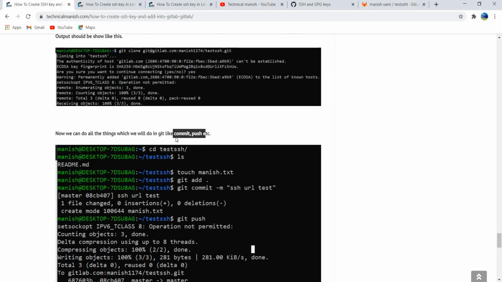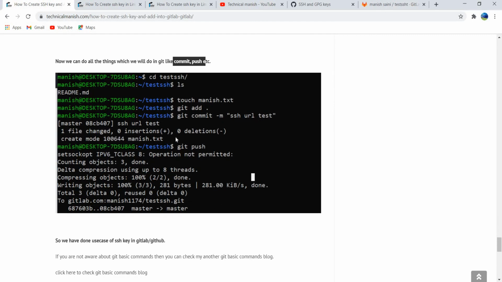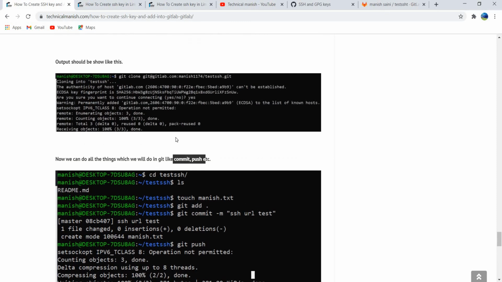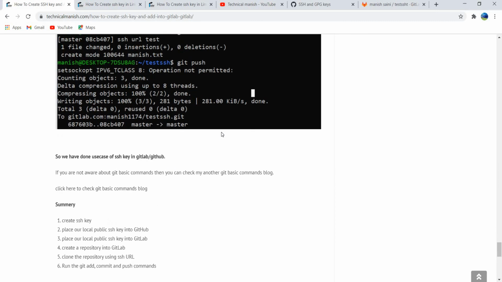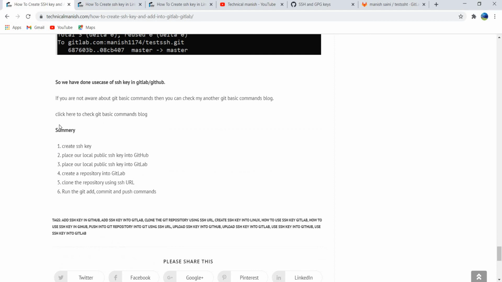So guys, we can follow the same process in GitHub also. Like after placing our SSH key in GitHub, we can clone the repository using the SSH URL. Some ways, guys, we can create the SSH key.